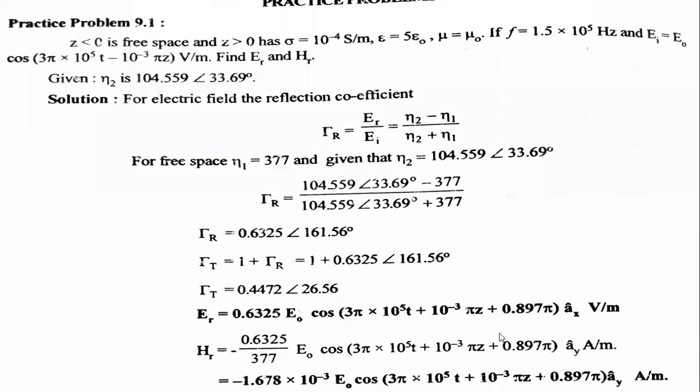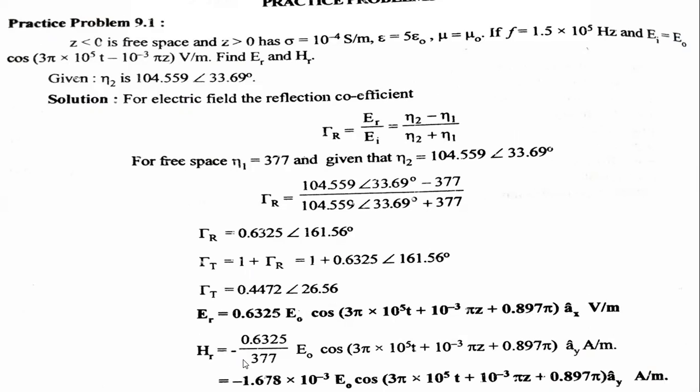plus of the phase, how we got this 0.897 pi, in the z direction. And you need to substitute the value of omega t, that is 2 pi f. You will get this answer in the direction of az, measured in volt per meter. Similarly,